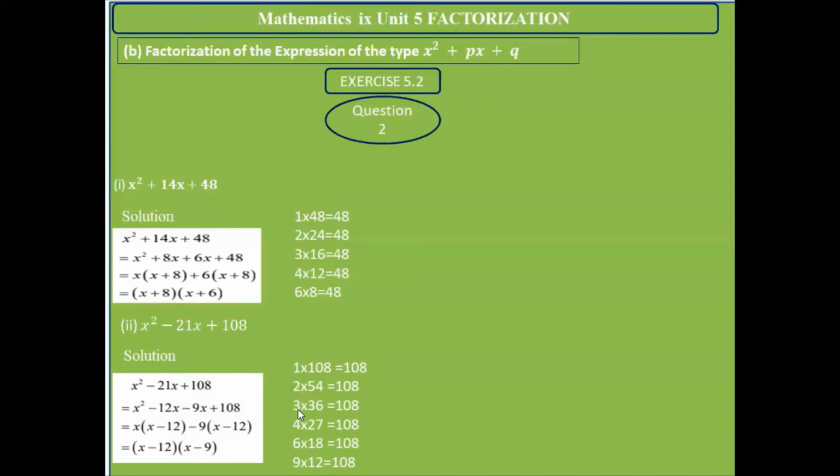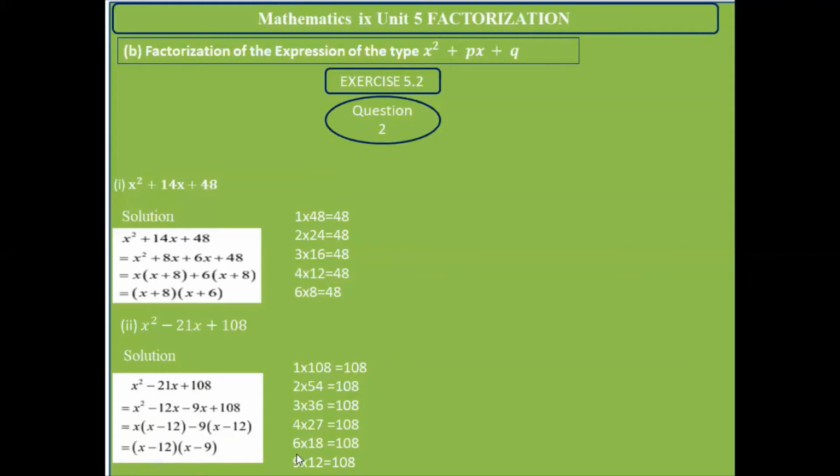So I have to go for another. When I divide with 3, we have 36. So 36 plus 3, 39, and 36 minus 3 is 33. So that is not our requirement. When I divide 108 with 4, I have 27. So 4 times 27 is 108. It means when we add these two terms, we have 31. So our requirement is 21. Again, 5 can't divide 108. So 18 times 6 is 108, and 18 plus 6 is equal to 24. Our requirement is 21. So I can't take this.